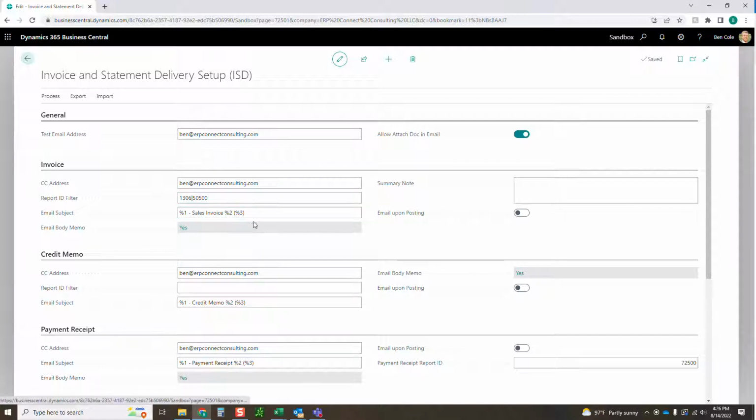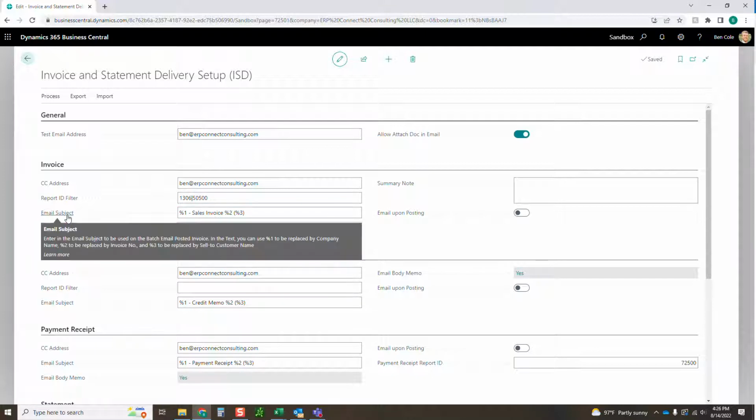These next two fields are very important. This is what your customer is going to see when they receive the email. So first we have the email subject. Pretty intuitive here, right? We got a few different fields we can dynamically populate. If I hover over here, it's going to give me more information on what those do, right? So my 1, that's going to be replaced by the company name. My 2 is going to be replaced by the invoice number. And the 3 is going to be replaced by the